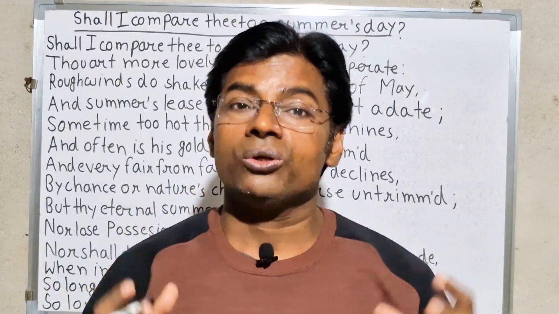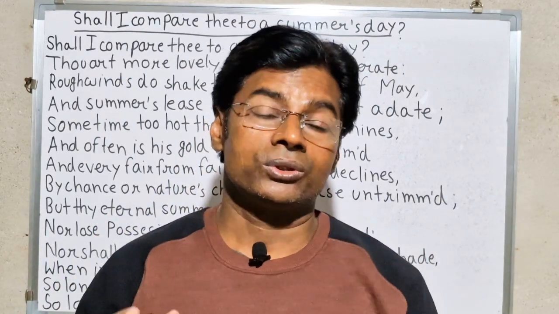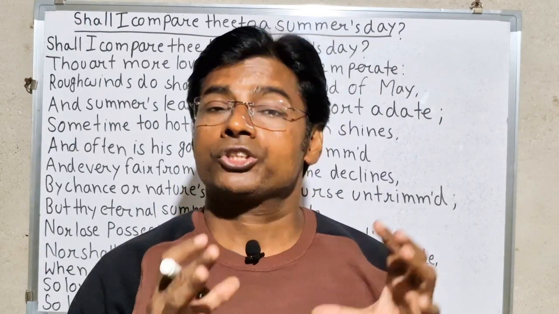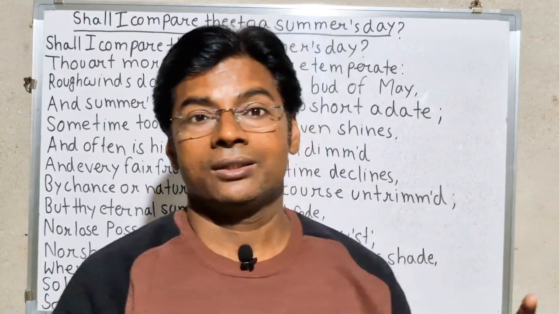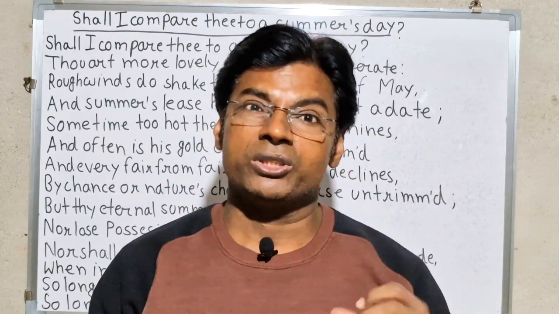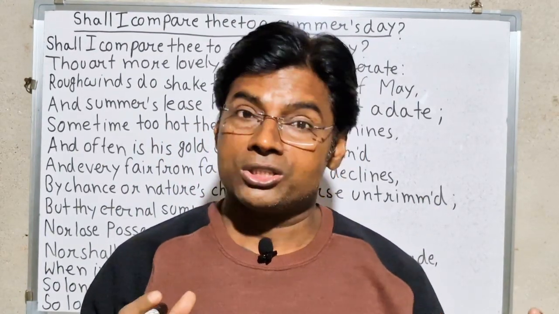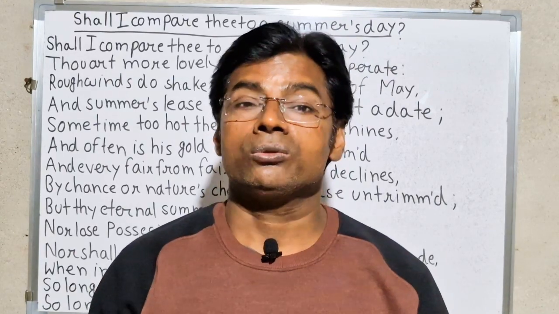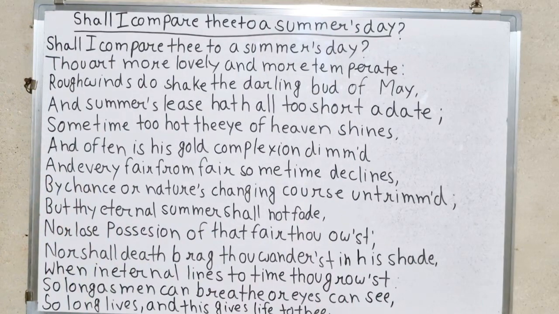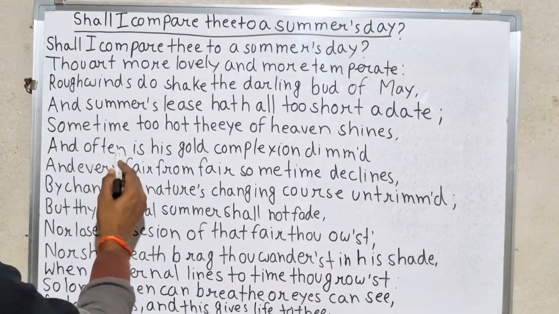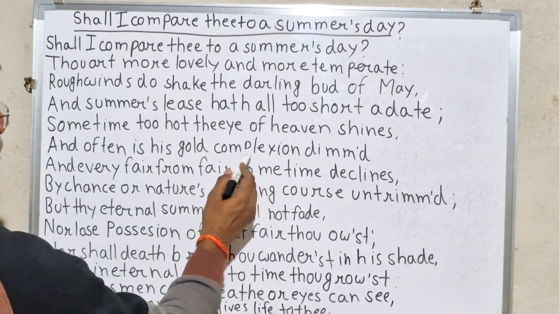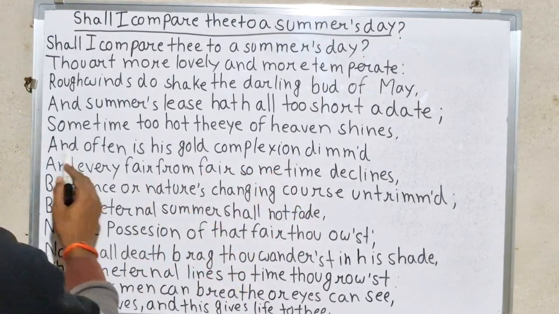Glare in the presence of the clouds, and those clouds somehow do not allow the sun to shine with all its luster and brightness. But sometimes it is too hot, too hot to be borne. See, he says what? And often is his gold complexion dimmed. Gold complexion dimmed, it means